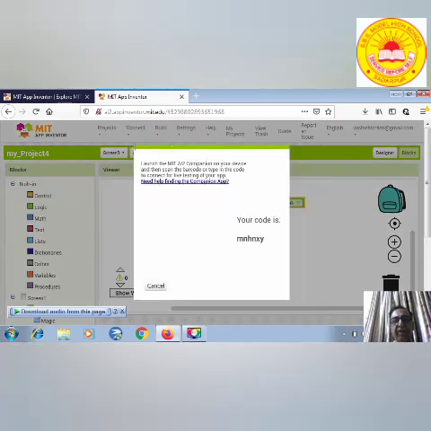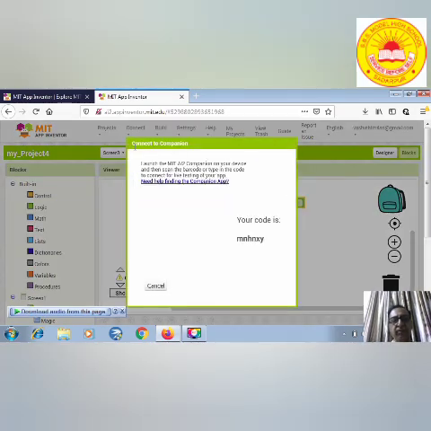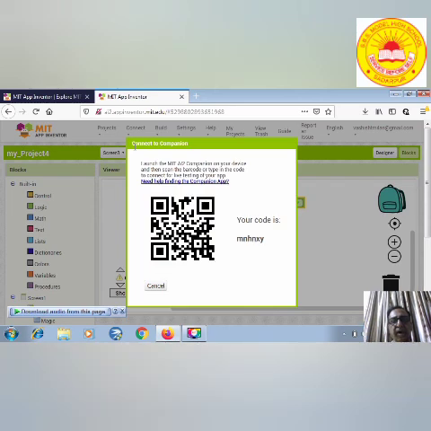It will display the QR code. Either you can type the code MNHNXY manually, or you can scan it with the MIT App Inventor app in your mobile phone.